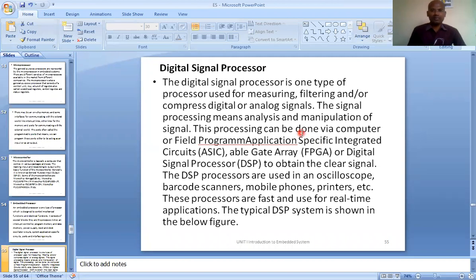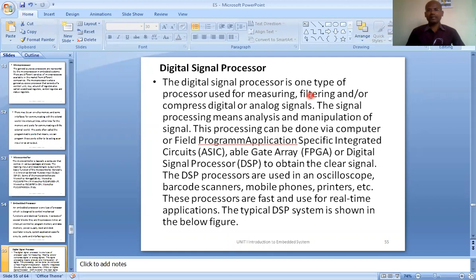What type of signals? Digital signal processors are used for measuring. Measuring means you are measuring some signal, let's say a voltage signal or current signal or pressure signal or whatever. And filtering: you are measuring some physical quantity, and apart from the signal you are getting some noise. You don't want the noise with the signal, right?